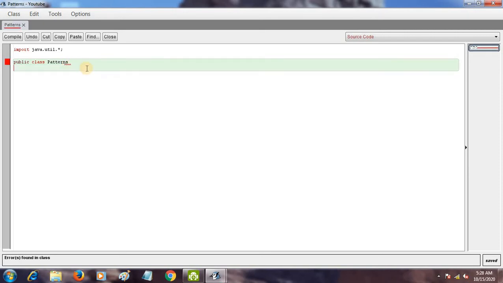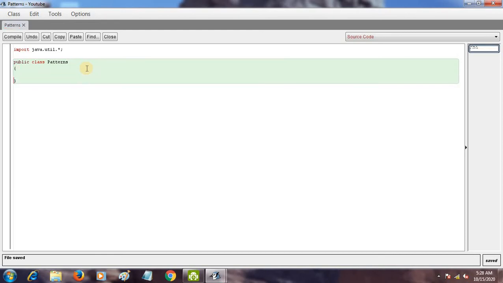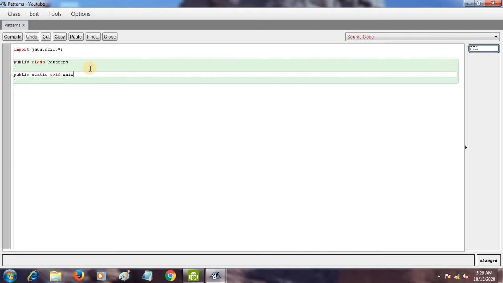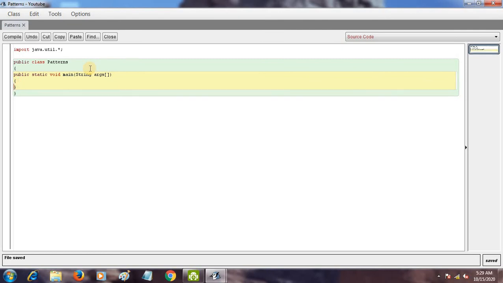Then I will give flower brackets, and inside it I am going to write public static void main, and then inside the bracket I will write string args and big bracket open and close, then again flower brackets.